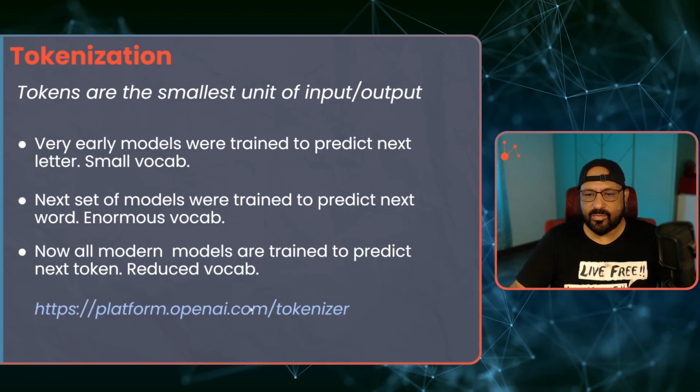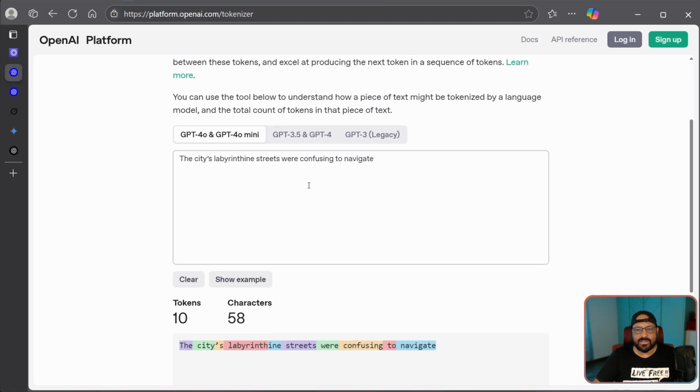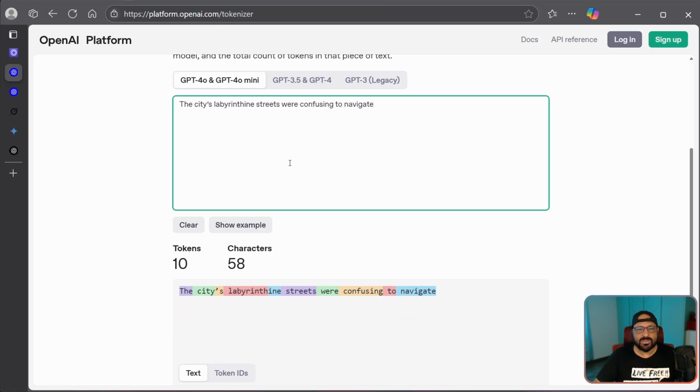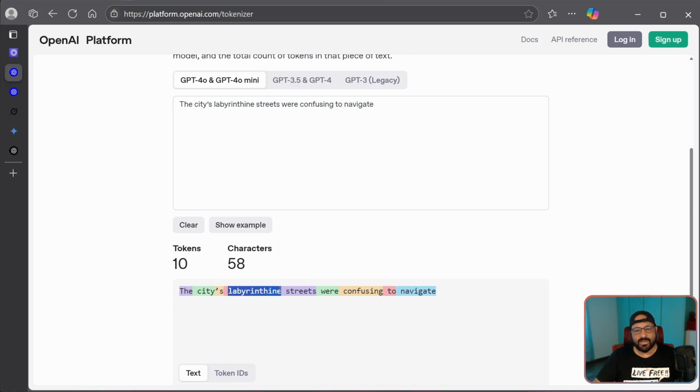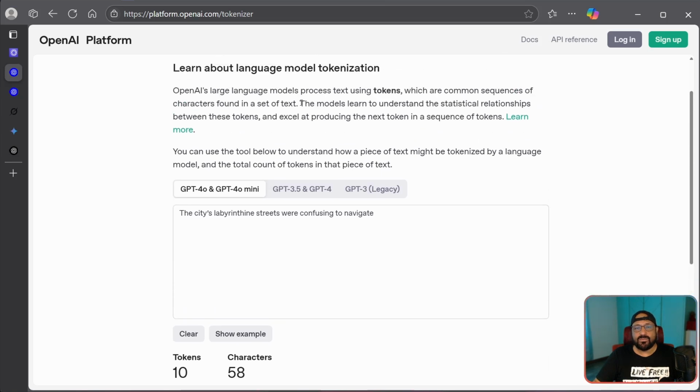OpenAI provides us a tokenizer website, which we can check to see what this means. Here you can experiment with how your sentences are broken down into tokens. If this is a sentence, there are 8 words in it, but it's saying 10 tokens. It's saying 10 because it has broken down "labyrinthine" and "cities" into 2 each. So it knows about "labyrinth" but it doesn't know about "labyrinthine." It considers "labyrinth" as one token, and "ine" is another token for the model. All right, so if you take a proper sentence which has all very common words, then you'll see tokens and